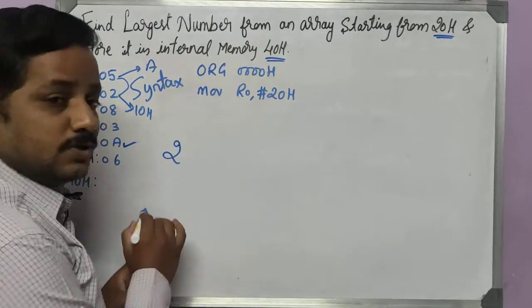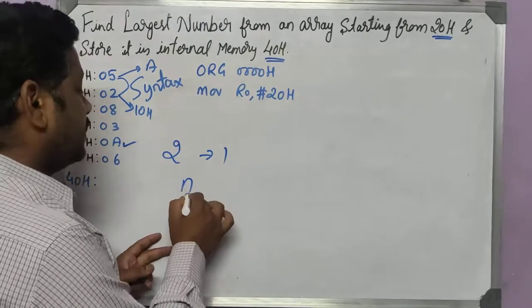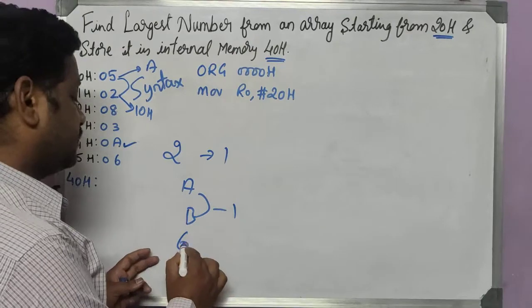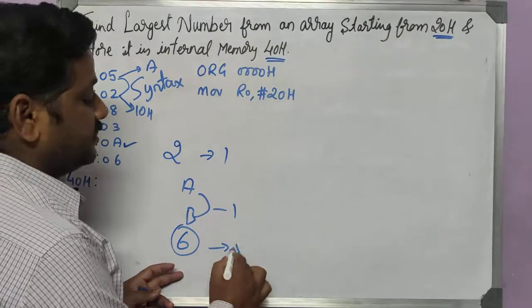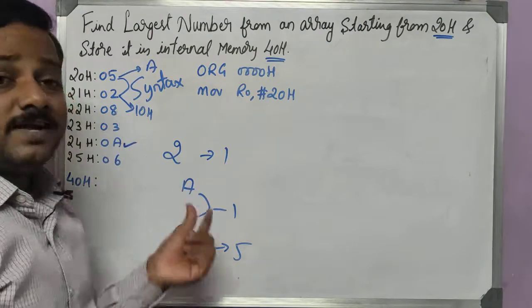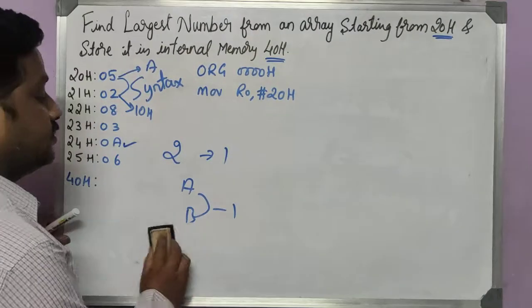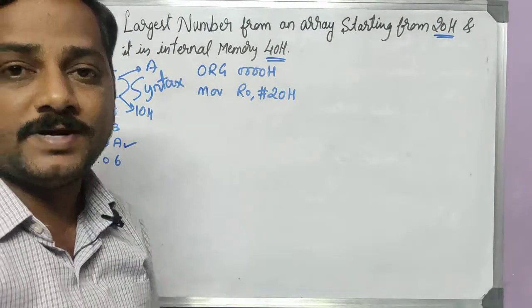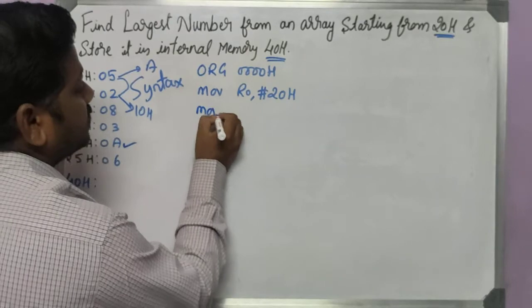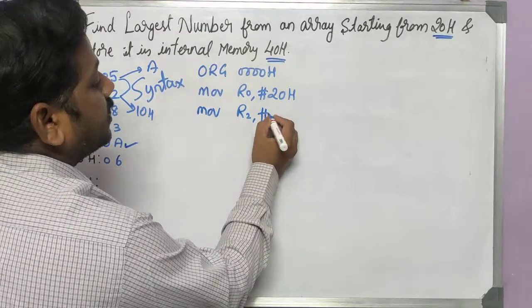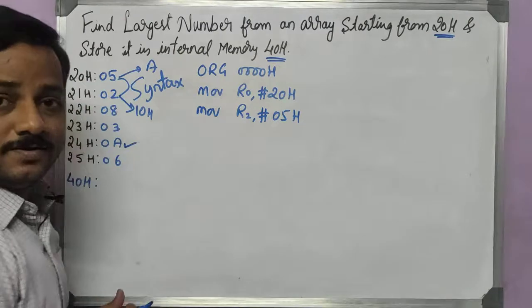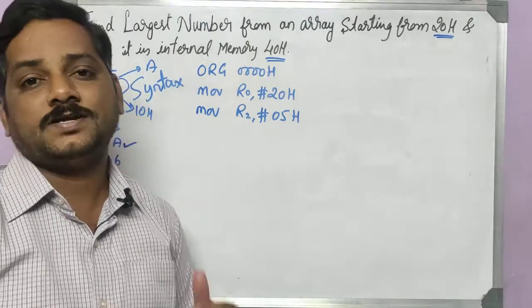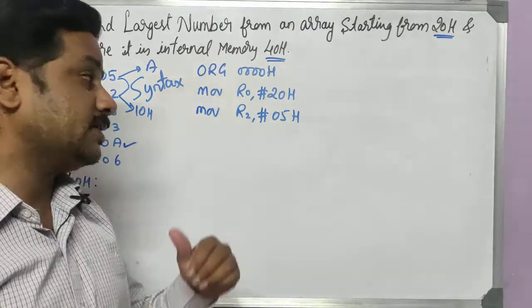If you have two numbers, I can make one comparison. A and B can be compared together. So one comparison, 2 minus 1. If I have 6 data, then 6 minus 1, 5 comparisons can be done. So we are making 5 comparisons over there. We need to assign that to a particular register. How many times are you making a comparison? So let me assign that to one particular register like R2, and I will assign the number 5. Here I am not assigning how many numbers we are giving; we are assigning how many comparisons will be done. So 5 means you can give 6 data.